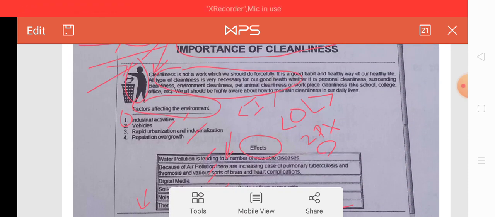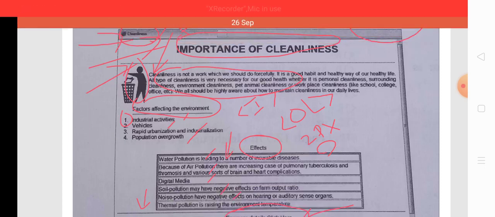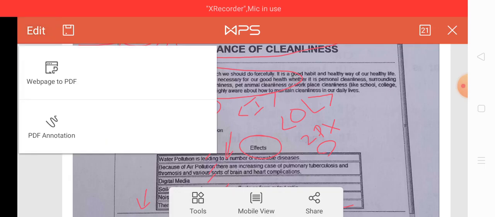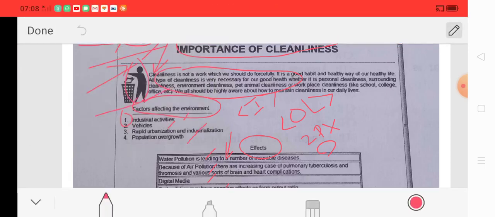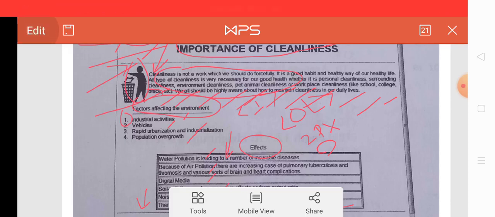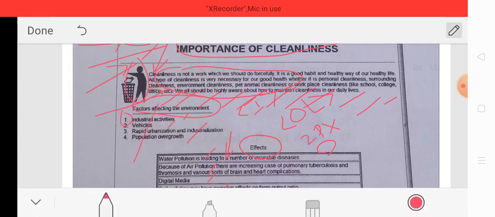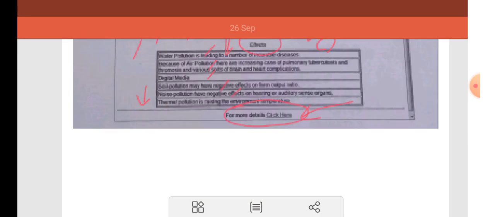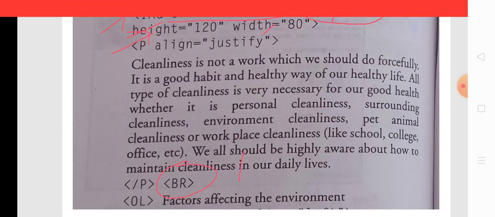Now see here that after the paragraph there is a space. This is the space, so it clearly indicates there is a space, so we use the br tag for that purpose.